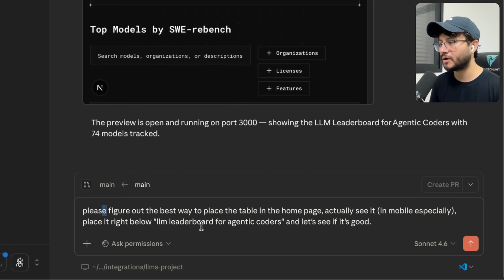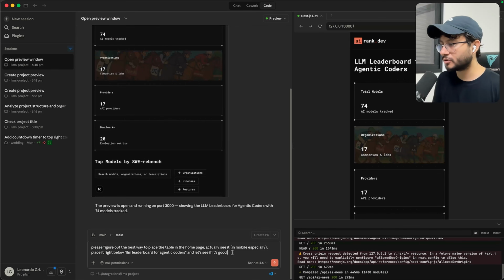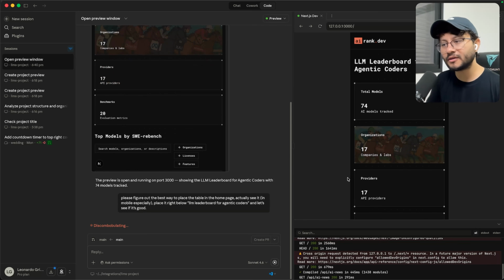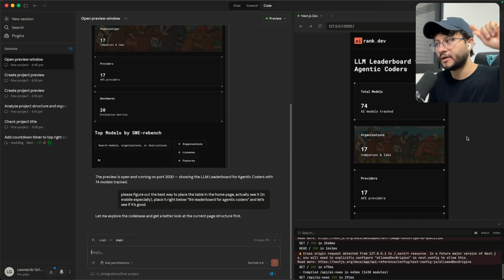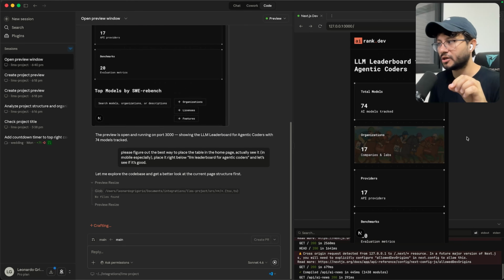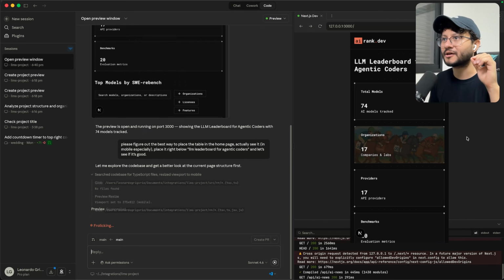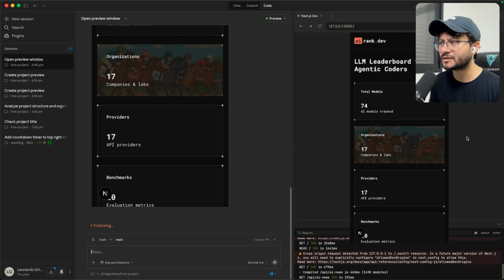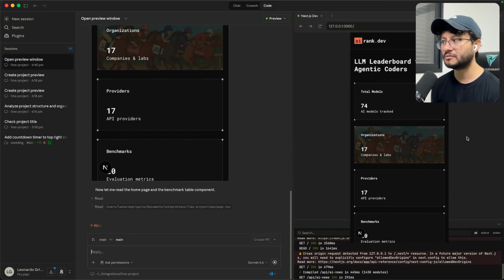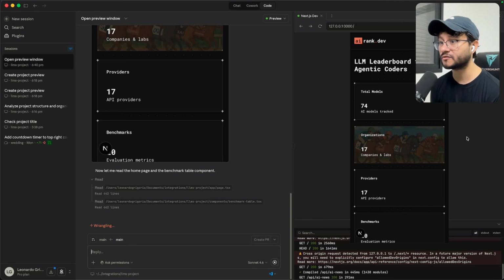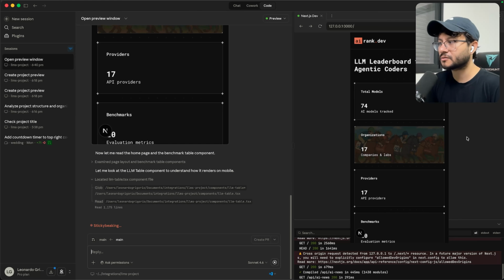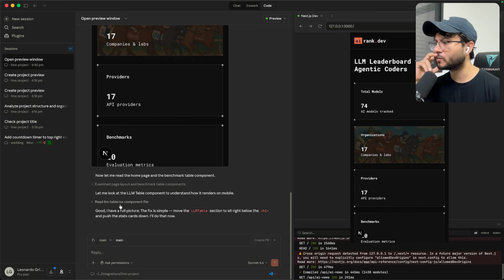Place it below LM leaderboard for agentic coders and let's see if it's good. The worst prompt ever, but I think that with this prompt, it should be able to just scroll through the page, take actual screenshots. Yeah, as I'm talking, I think this kind of glitched. Okay, it took the first screenshot. Maybe it will understand it doesn't have the context for the table and might just scroll down until it finds it. So weirdly enough,